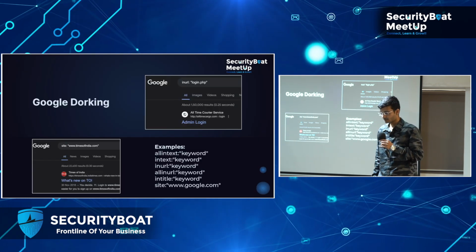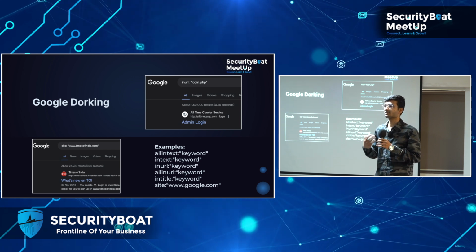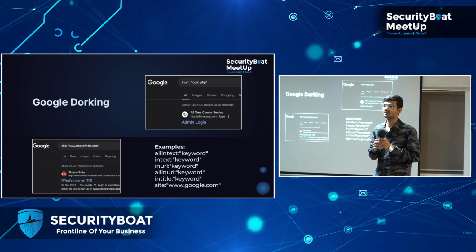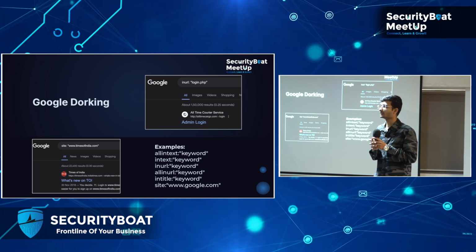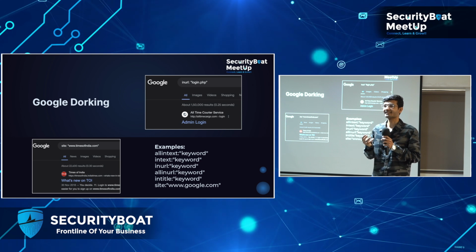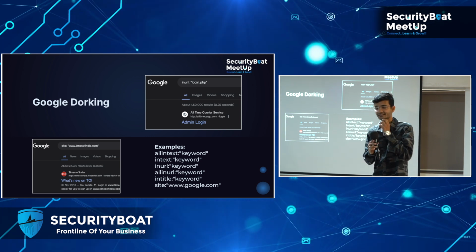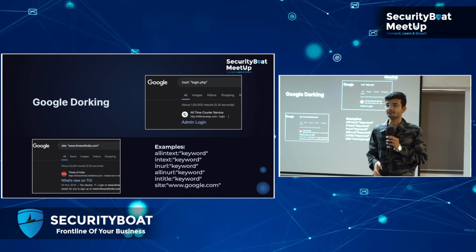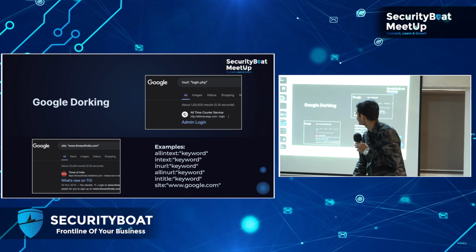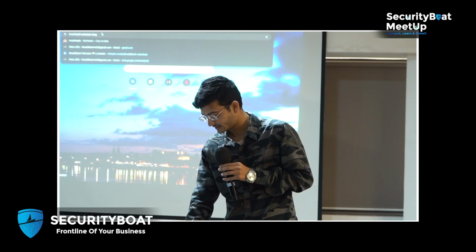Now, the best technique, if I want to search for a target, is Google Hacking. If you are not very good at Googling, you won't be able to become a good hacker. I will tell you why. In Google, let's say I want to search for a name. For now, I am going to take my own example because I have tried it 100 times. So if I just say